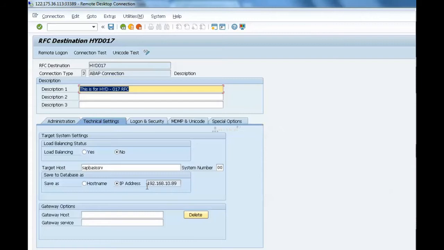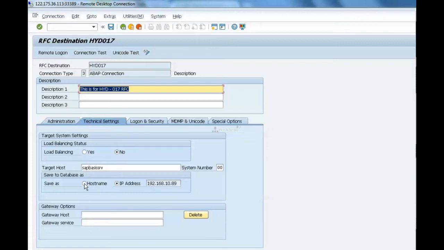Okay, in my system we have target system and message servers. In message servers, they provided 3 IP addresses, /h/IP address, /switch IP address and /switch IP address.